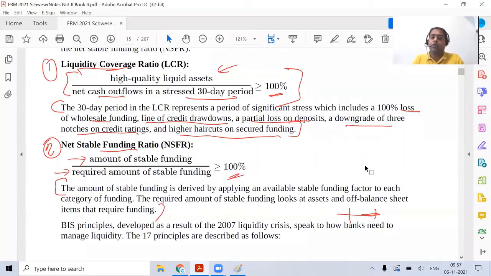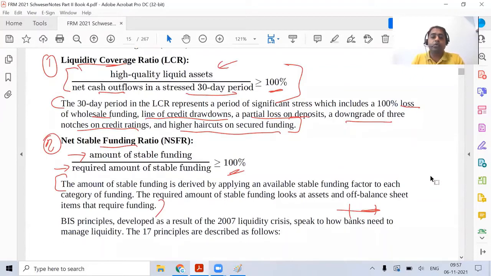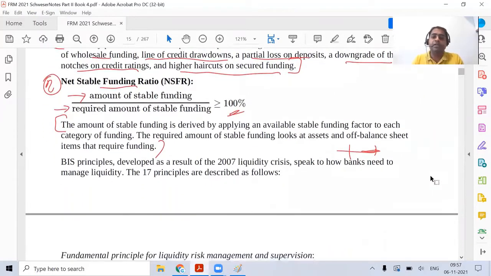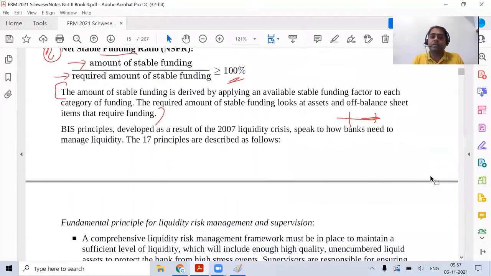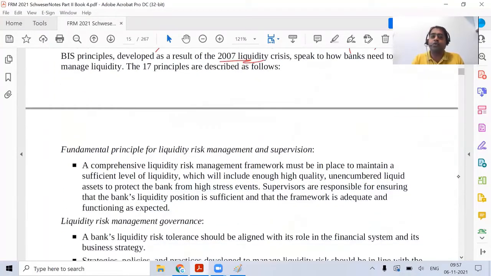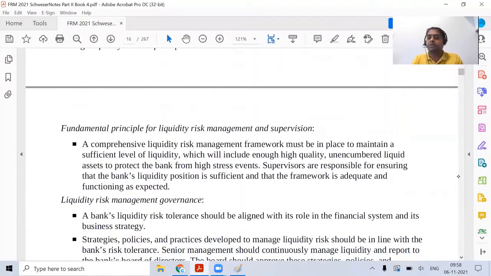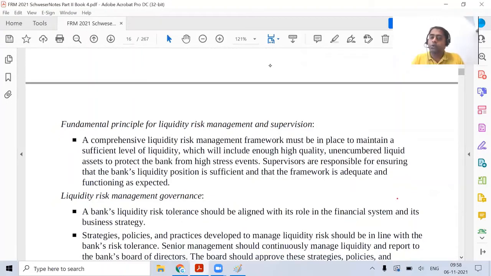Okay, so these formulas, don't worry much. They are not generally tested, only understand the concept. Let us go toward the BIS principles, which primarily after the 2007-8 crisis, they have highlighted that we should focus on. Now, these principles also, they might ask some theory question with respect to a scenario. It's very difficult that they might ask you a specific explicit question on the concept, because it is very difficult to remember. So you can expect a scenario.